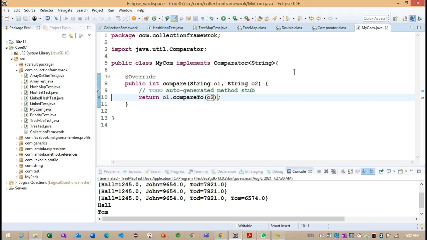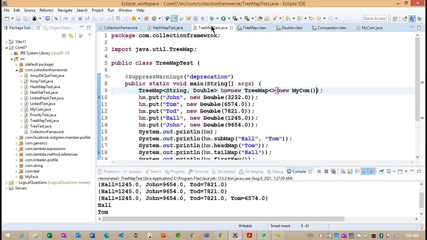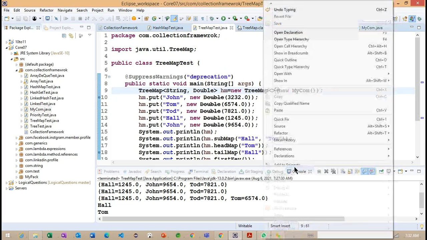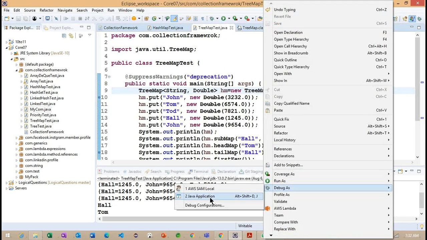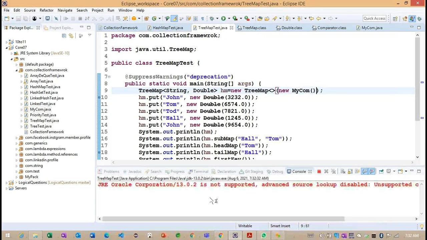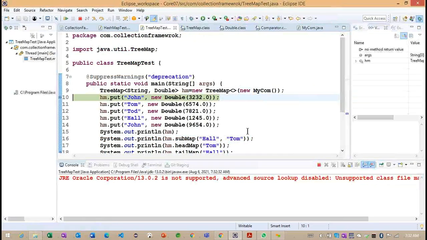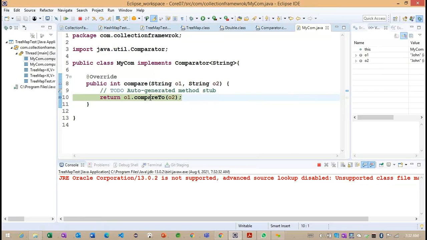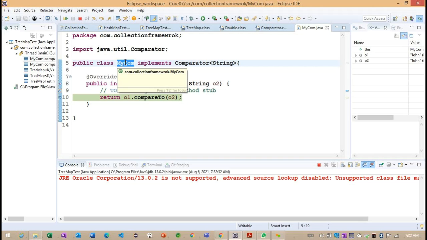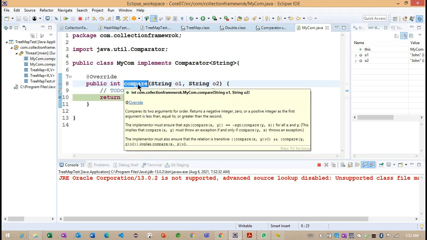So we'll see when it's going to be called. Now observe, we'll run this example in debug mode. Now you can see my comparator, which we implemented. Now the compare method is being called.